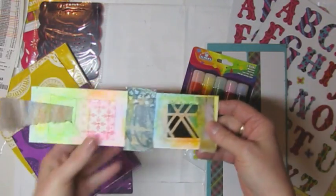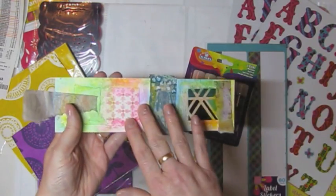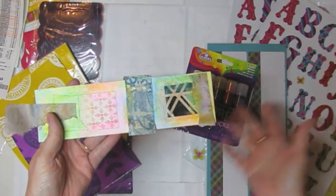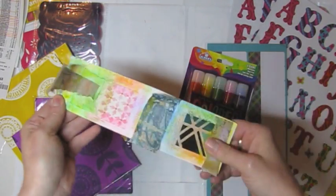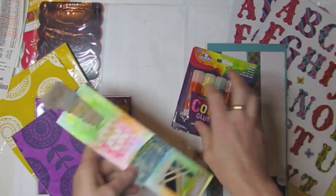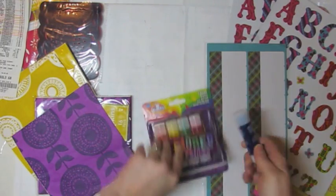So I tested it out, and sure enough, they dry with a nice matte finish. The colors are actually fairly pigmented for what they are. I was surprised. And as far as the glue part, it's stuck. It glues really, really well. So, yeah, these I'm very excited about. And the glue itself is,